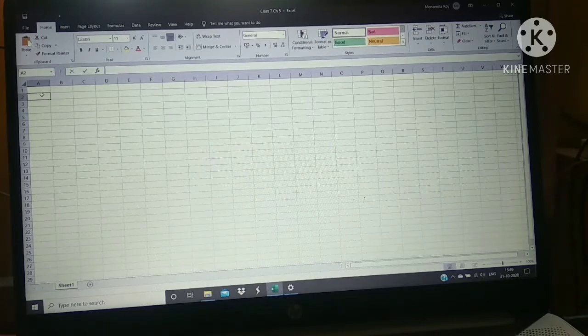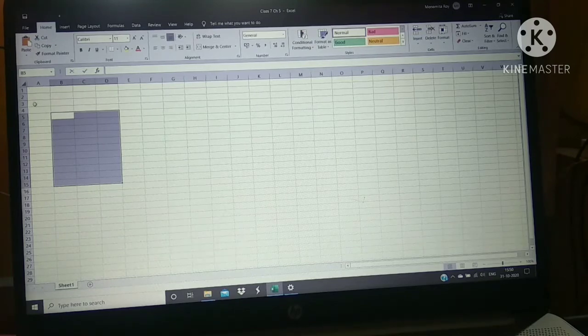These are all called columns, you can see B, C, D, E. And these are called the range of cells, where you can put values or store data.